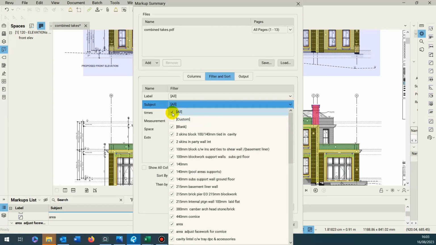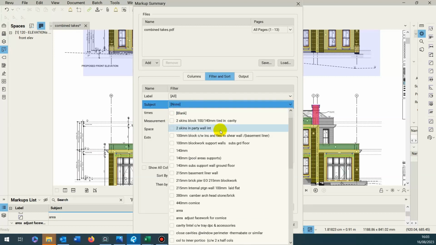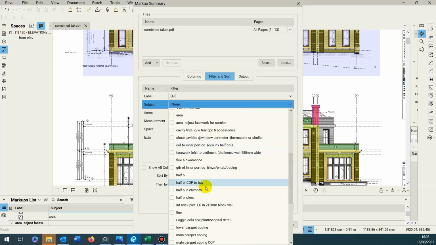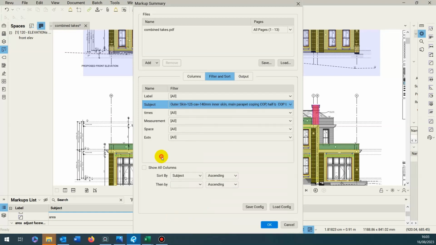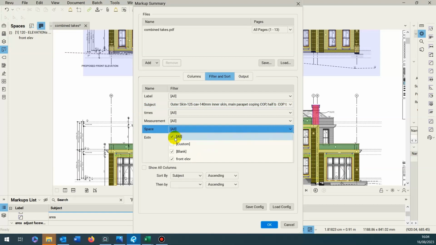So I can turn off everything and just pick the relevant ones, as I say, which will be this one, and there's a curved bay at the front here. So I've selected those. I've then got the option of going into selected everything from the space drop down option, and all I want to export is the front elevation ones. So if I click on OK,